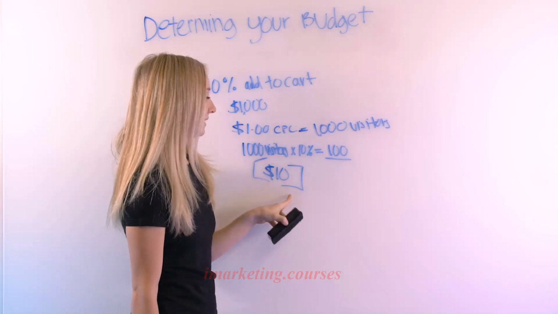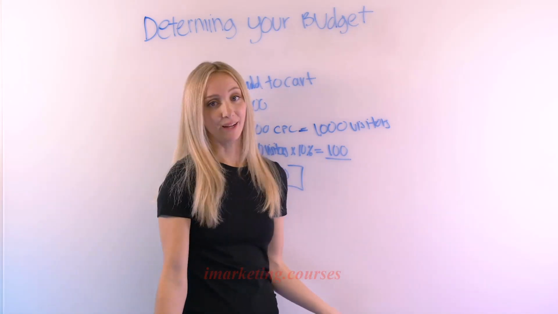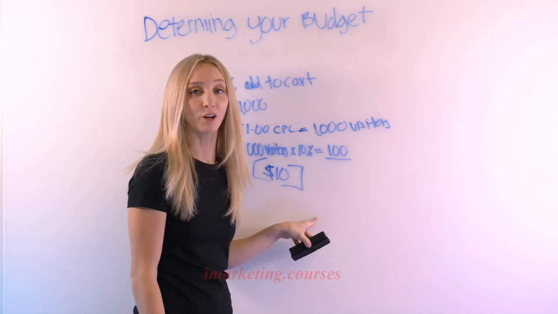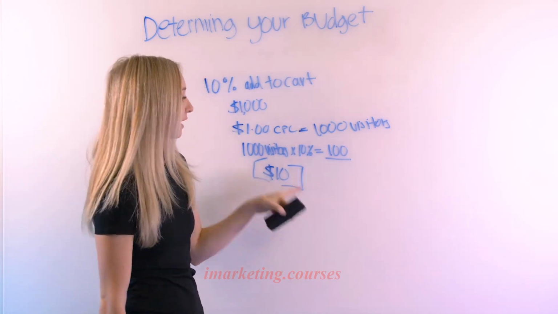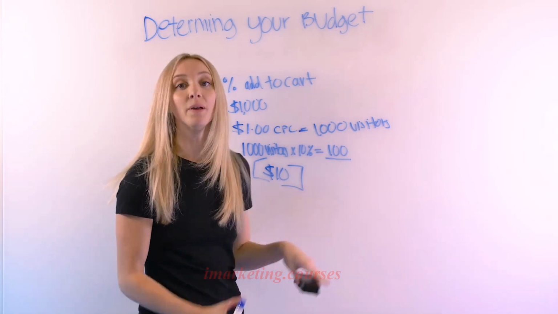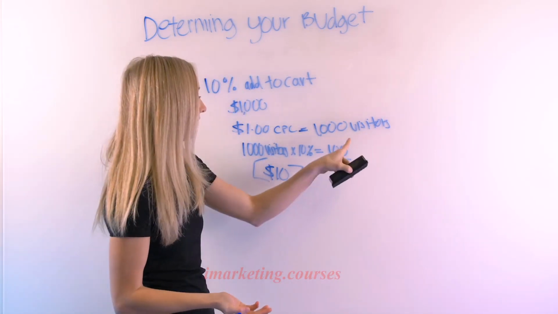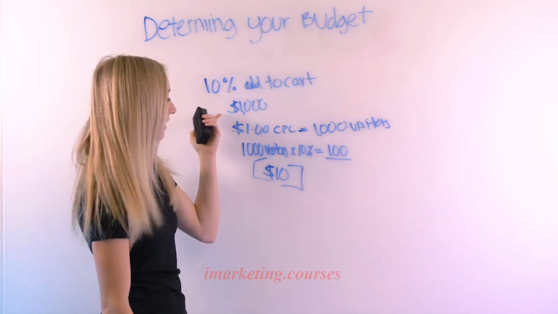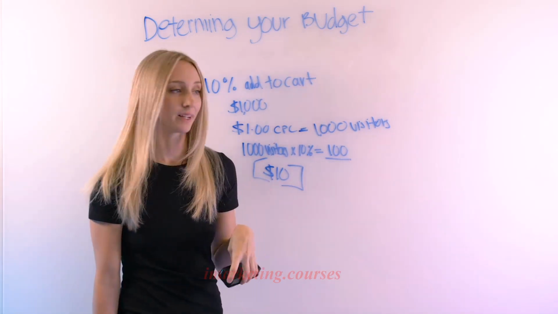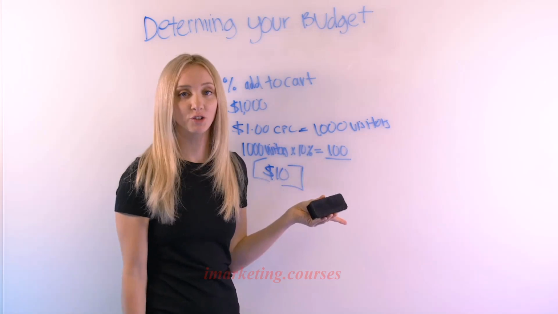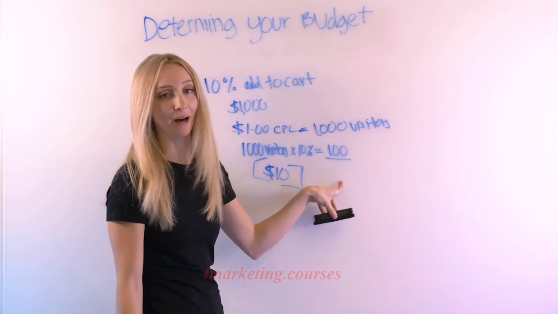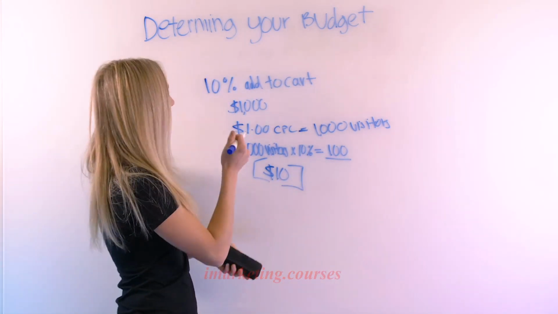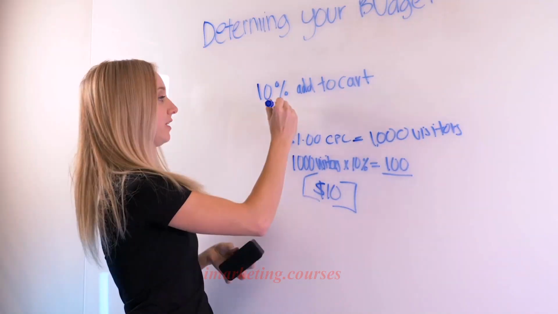So when you're thinking about how much budget do I need to spend in order to get through the learning phase and to achieve a low cost per add to cart, which is ultimately the goal, you have to think back to our rule of 50. So in order to optimize your ad set, you need 50 add to carts a week in order to optimize. In this scenario, I spent $1,000 a week, I had $1 cost per click, and I had an add to cart conversion rate of 10%, which means that 100 people add to cart. So I'm actually getting way past the learning phase. I really, in this scenario, only had to spend $500 a week,